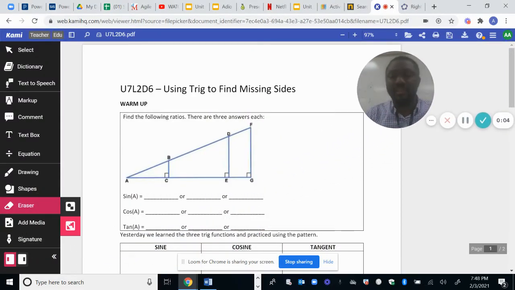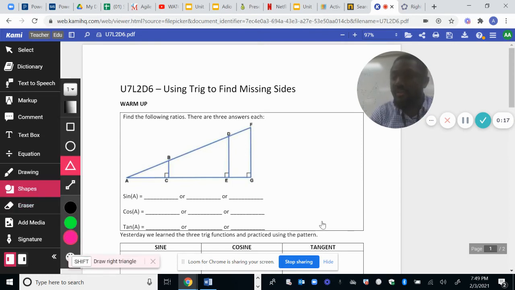Good evening, class. Today again, we're going to work on trig functions. We're going to make use of trig to find the missing side. So as you can see here, this time around,